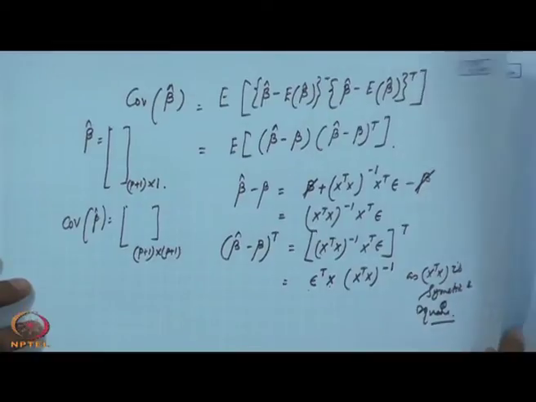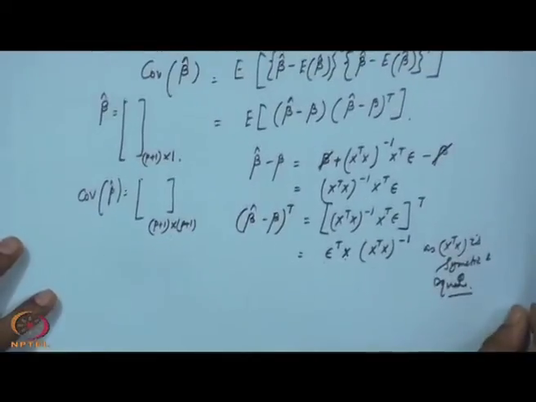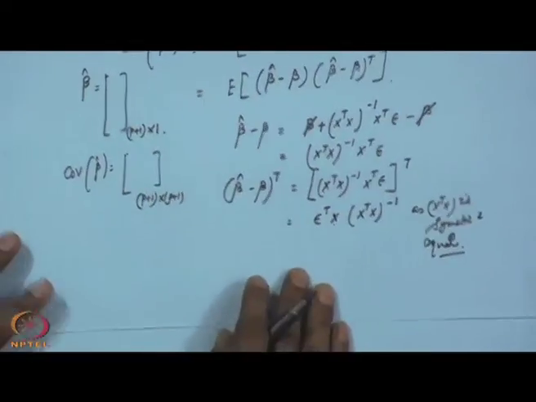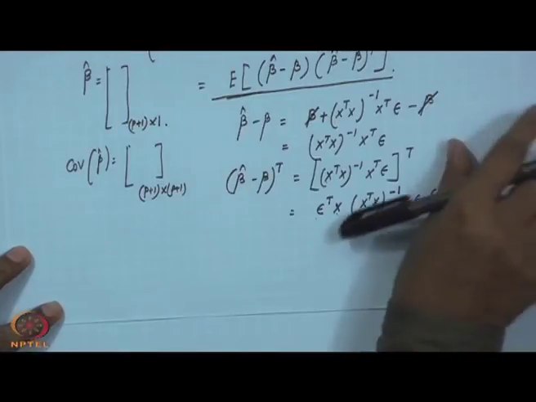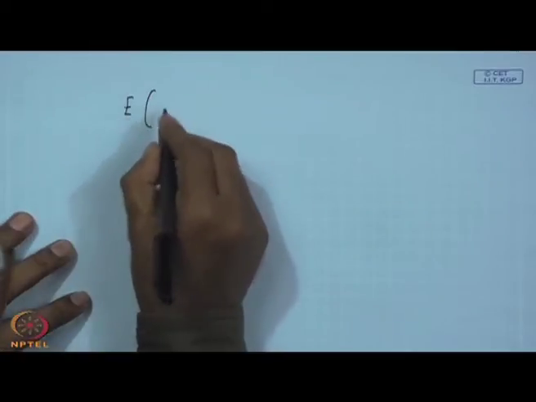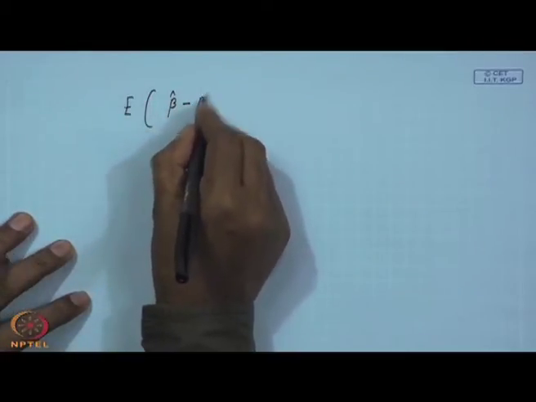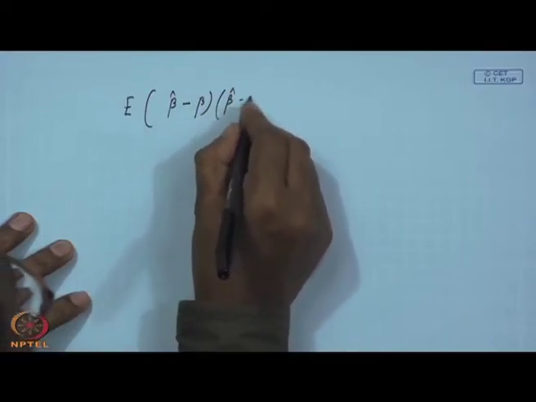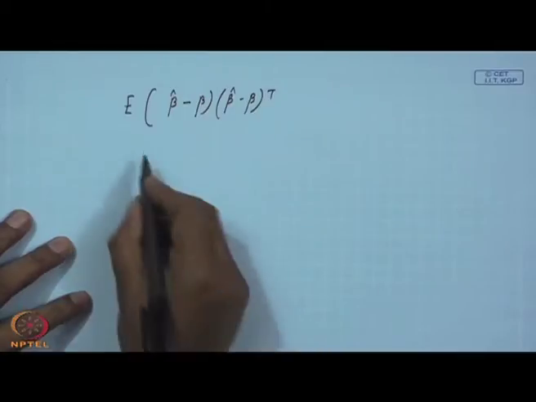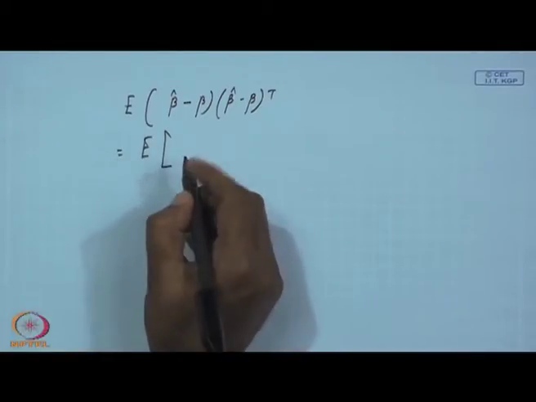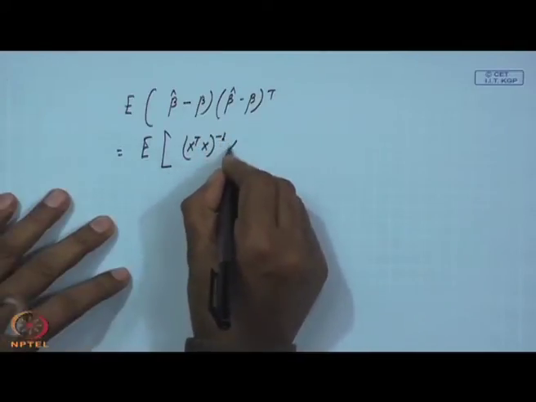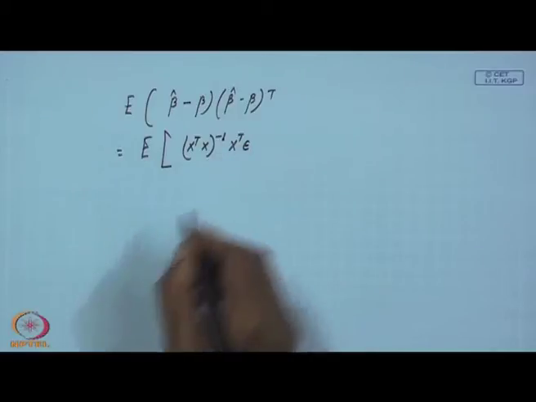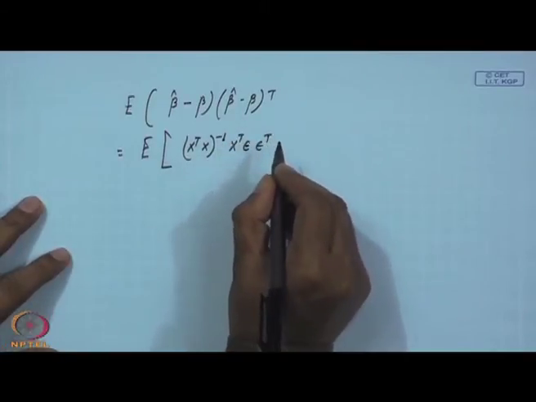Okay. So, if we now use this expectation operator here, we can take one more page. The expected value of (beta cap minus beta)(beta cap minus beta) transpose is nothing but the expected value of (x transpose x) inverse x transpose epsilon, times epsilon transpose